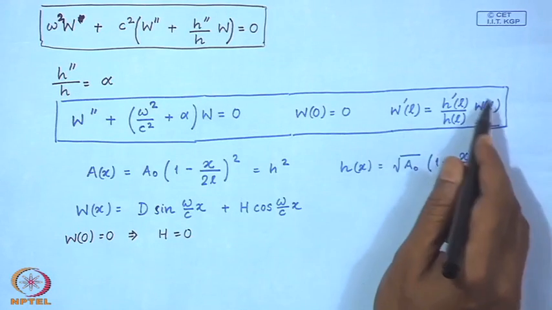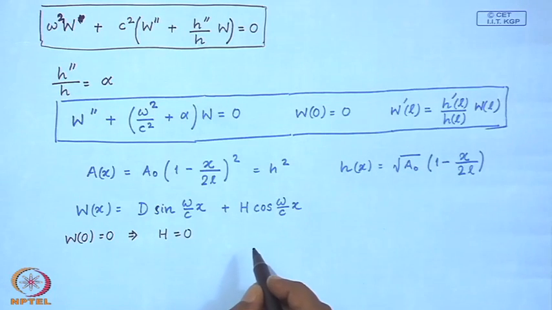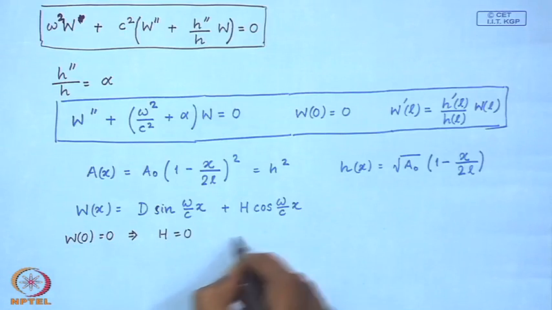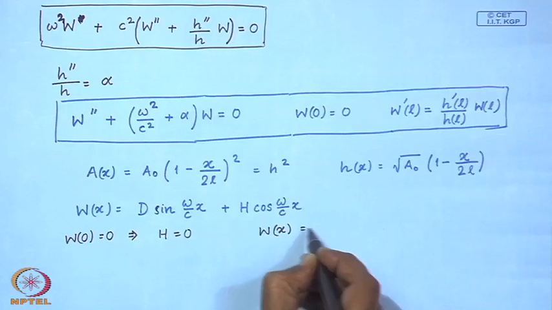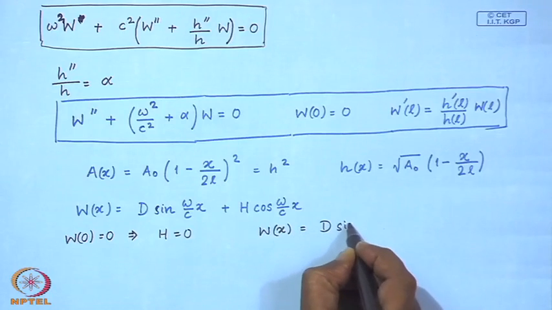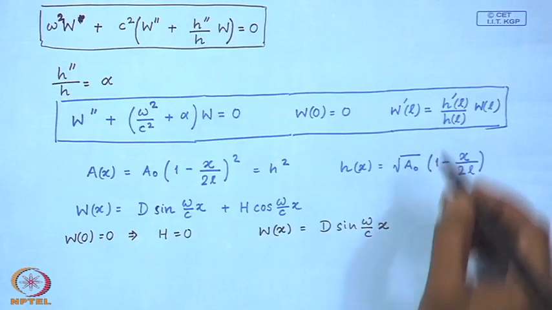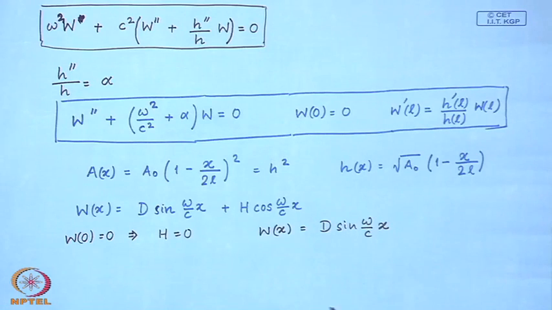And the second boundary condition at the free end gives us the characteristic equation. So, which means here, if H is 0, then W reduces to this. Now if you substitute this expression here at x equal to L,